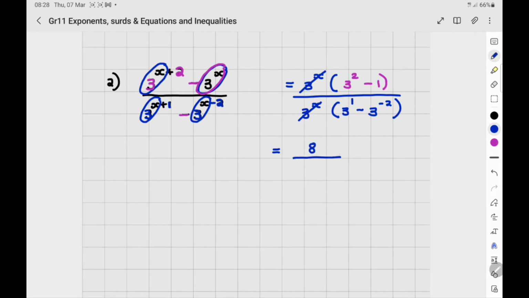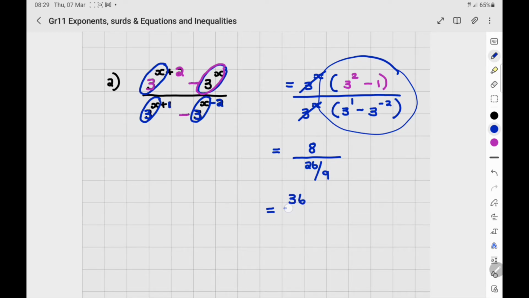That is 8 over, and if you pop that, 3 minus 3 to the power negative 2 is 26 over 9. And people, you can pop that whole thing like that just into your calculator, but if you want to do it step by step, that's fine. Just remember to put it all in correctly, and that gives you